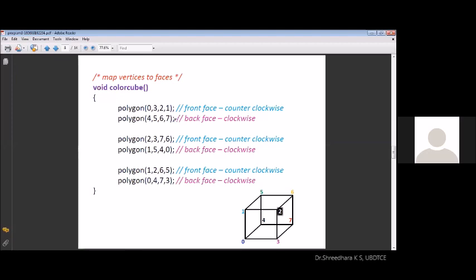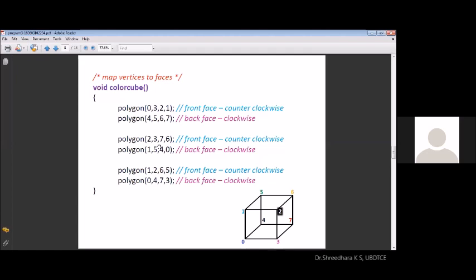So this is the polygon you are calling, the function that you have developed through a program called color cube. When you call this, a polygon is created with the corresponding vertices. Since it is filled, the colors are mapped to every pixel on these faces by an interpolation technique. That's why it becomes a color cube. So now you understand the scope of this function color cube in your program.